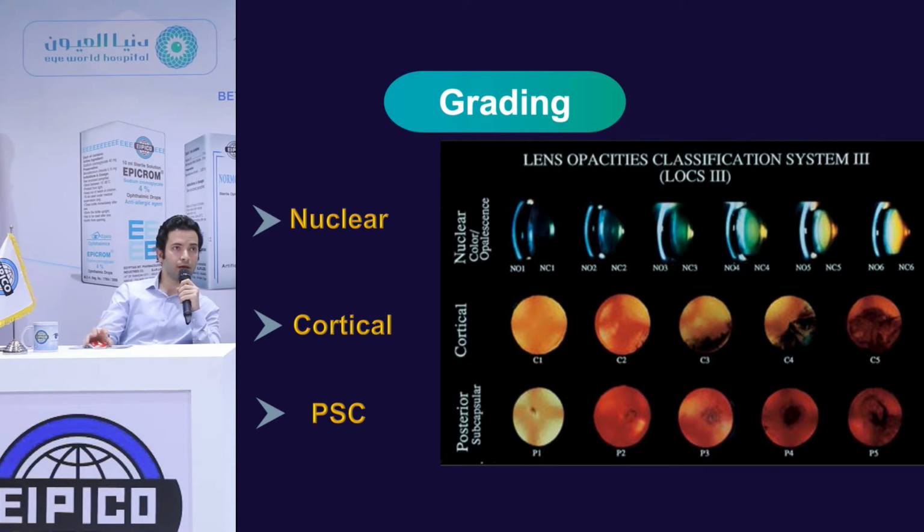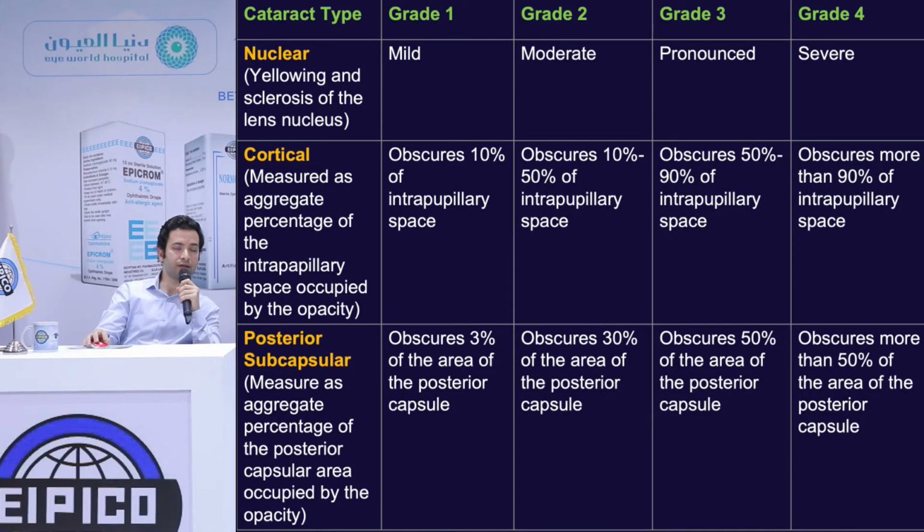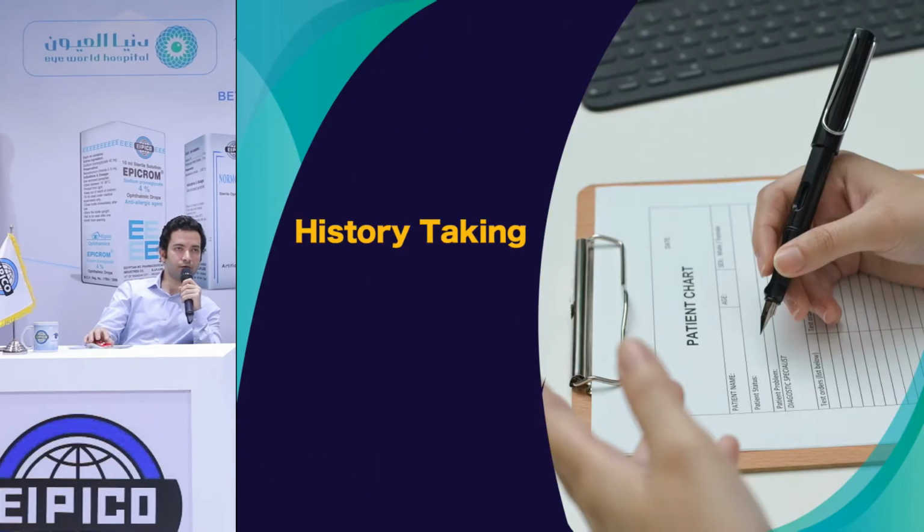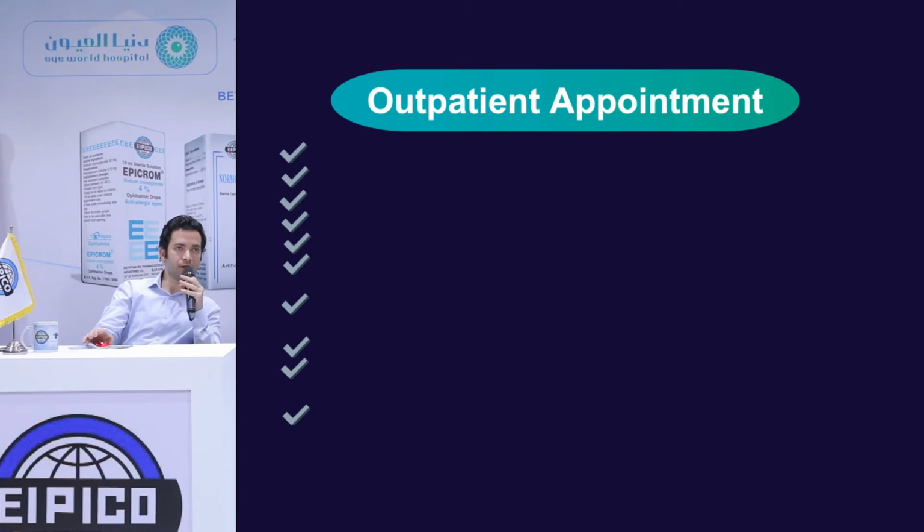You can find in this table the different kinds of cataract and the classification according to the site, density and location. This is just a brief overview of the different types of cataract. So when you have a cataract patient, the first thing to do is history taking, based on the outpatient appointment. There are some points that you need to address when you are considering a patient for cataract